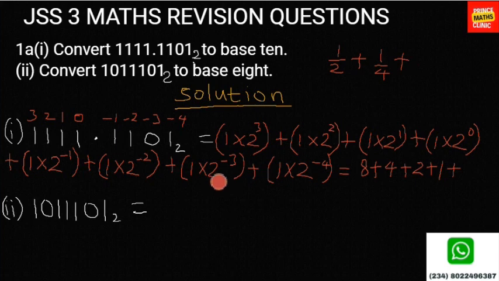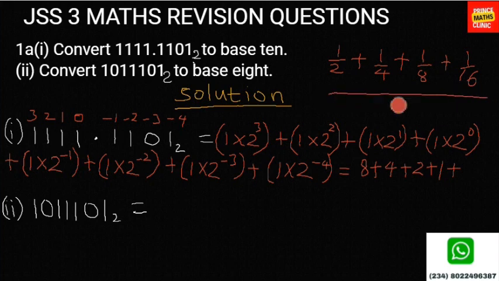Plus 2 to the power of minus 3 means 1 over 2 cubed, which is 1 over 8. Then the other one, 2 to the power of minus 4 means 1 over 2 to the power of 4, which is 1 over 16. Then if you solve this looking for their LCM, and of course you know the LCM of all